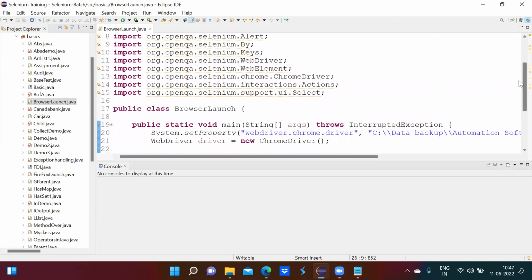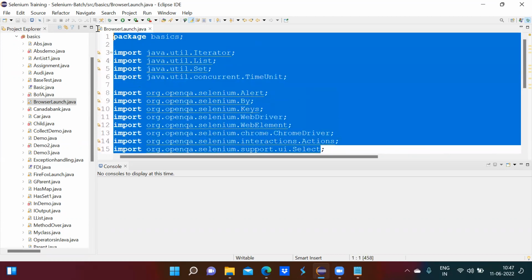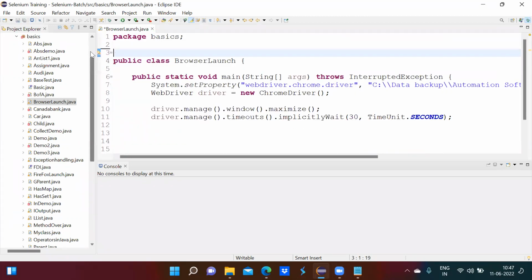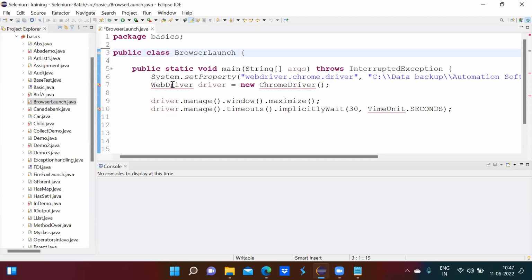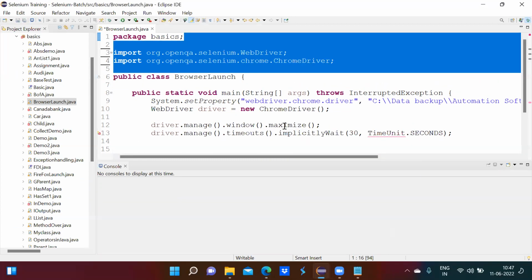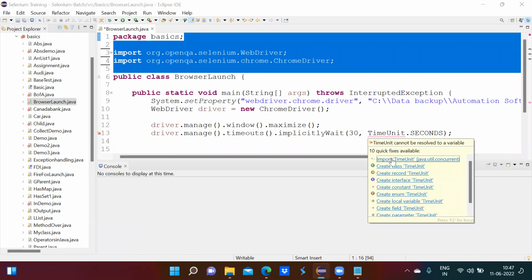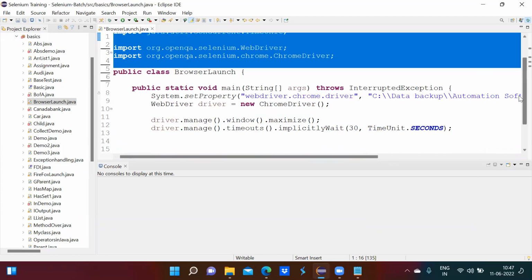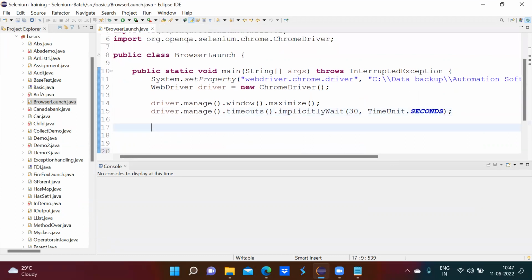So let me just delete all this, and my class is clean now. Here, WebDriver I am importing from org.openqa.selenium.WebDriver, ChromeDriver from org.openqa.selenium. Now I am just maximizing, and okay, this I also imported. Now my first step is to navigate to that web page, the static page which I have, right? For that, driver dot,